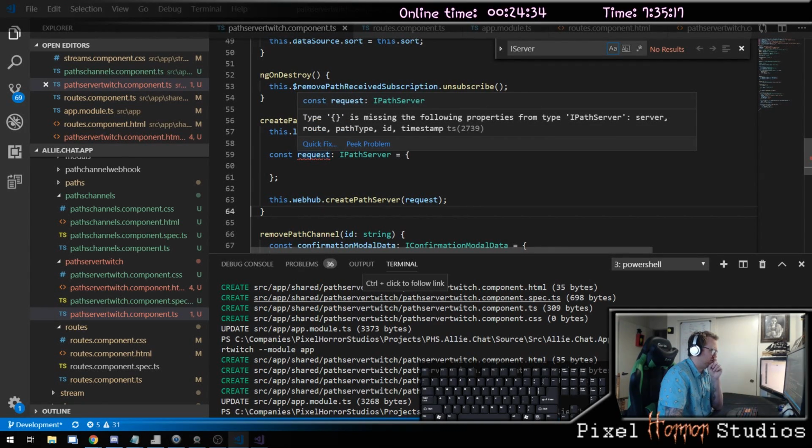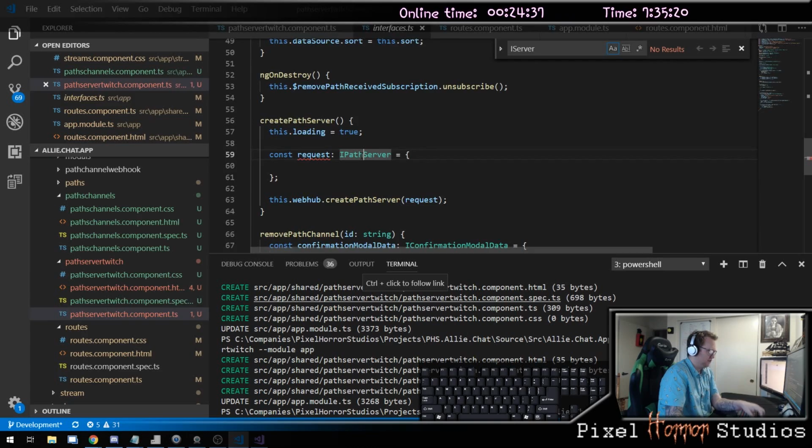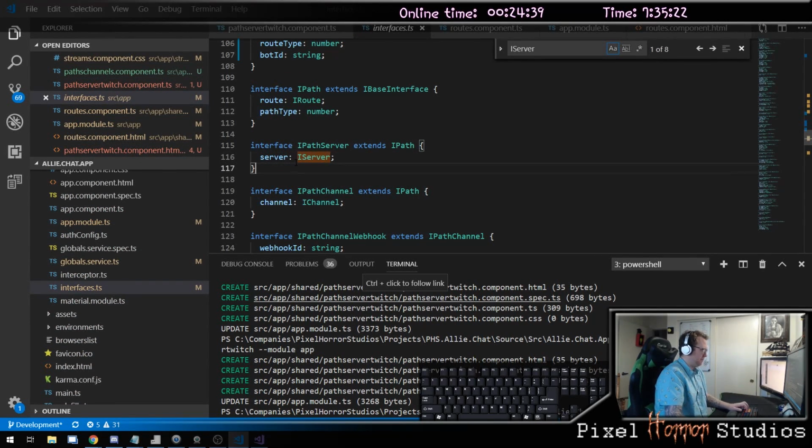The thing says that it needs server route path type ID. So if I look at this one, we want to do a